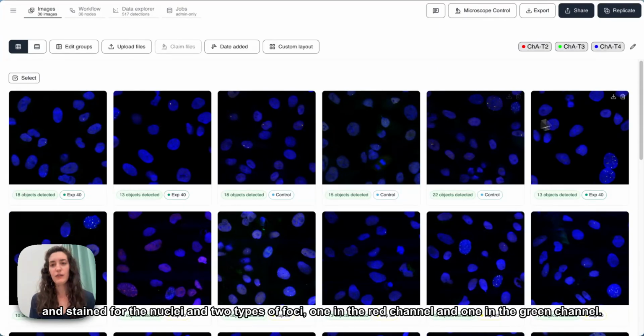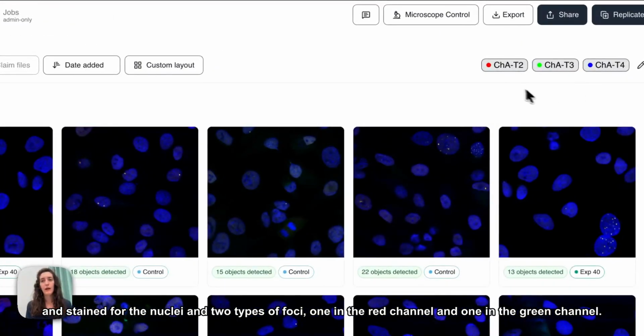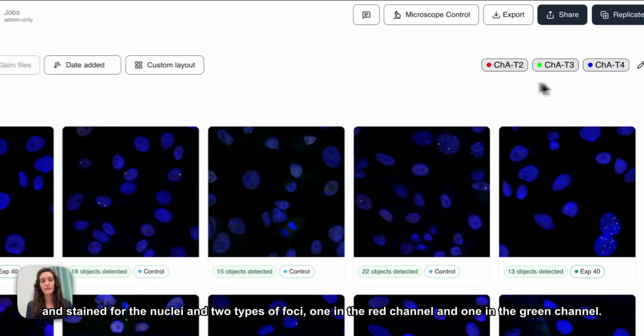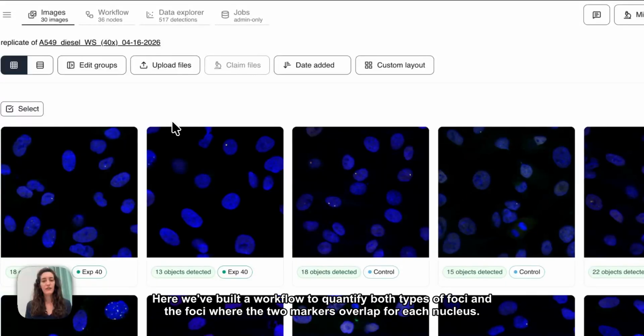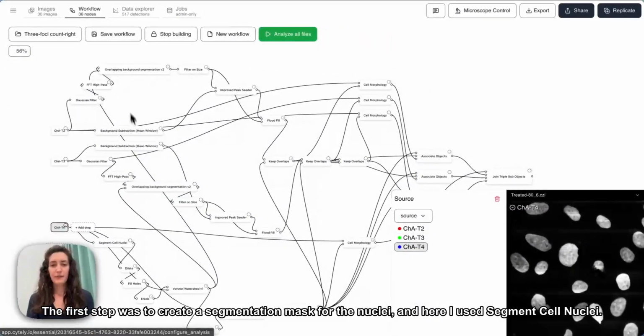agent and stained for the nuclei and 2 types of foci, one in the red channel and one in the green channel. Here we've built a workflow to quantify both types of foci and the foci where the 2 markers overlap for each nucleus. The first step was to create a segmentation mask for the nuclei, and here I used